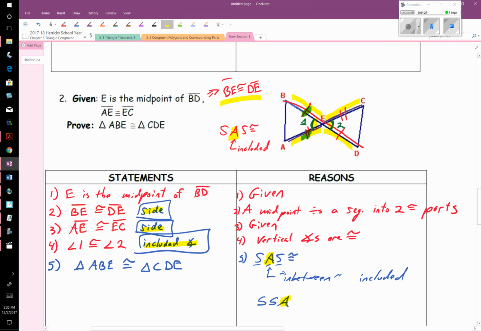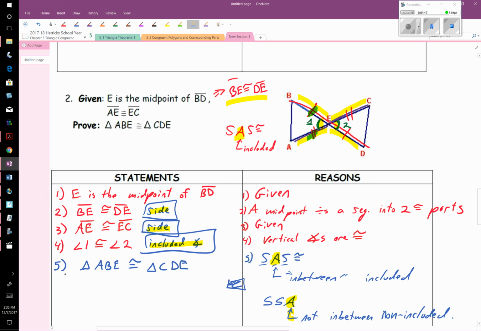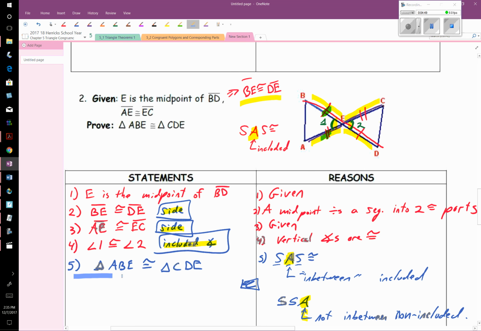There's another one where, just as an example, if I have side, side, angle, now if I look at this angle, right, it's not in between. So it's non-included. Okay, but the proof basically stops at this line. Oops. And there we go. All right,